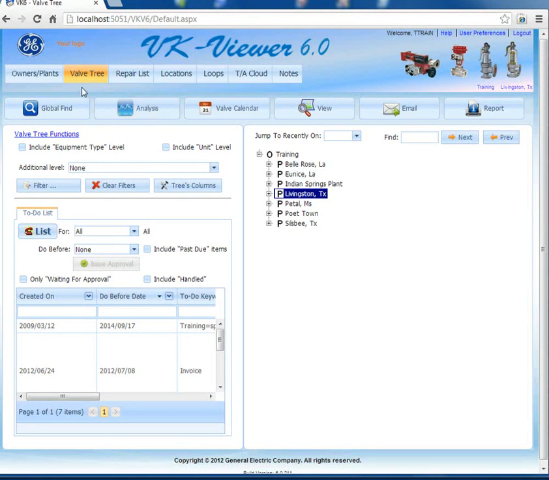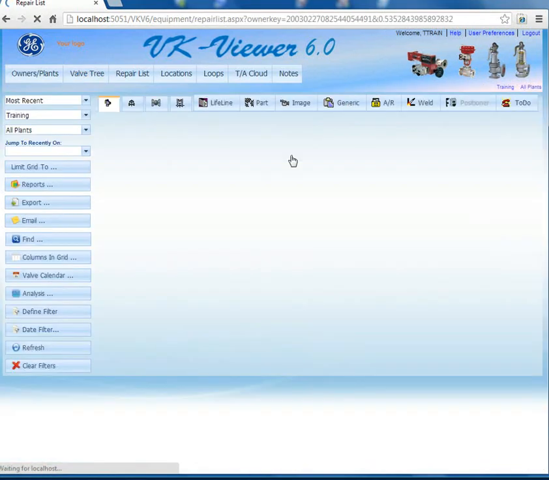When you launch VKViewer, you're always placed on the valve tree tab. If you want to work on the repair list, you either need to click the repair list button or double click what you want to see the repair list for here in the tree. If I double click training, I'm going to see the repair list for all of the plants inside of training. So I'll go ahead and do that to see all of the valves inside all of the plants for the